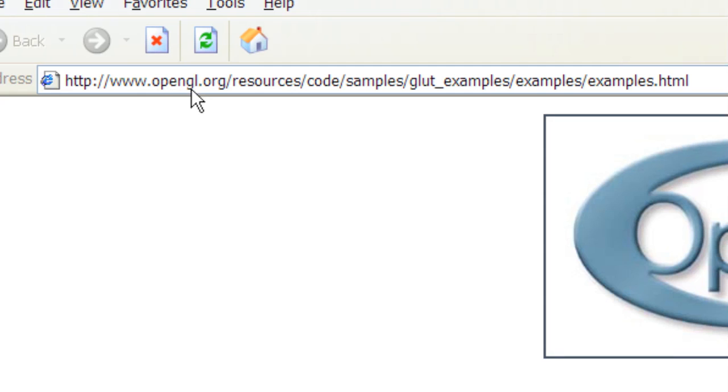But this one is at opengl.org, which is the best resource actually, because this is from the research. So you don't get their OpenGL version, you get your GLUT version that you've got in Dev C++. This is what you're running actually. So if you go to www.opengl.org, resources, code, samples, GLUT_examples, examples.html. It's a mouthful,